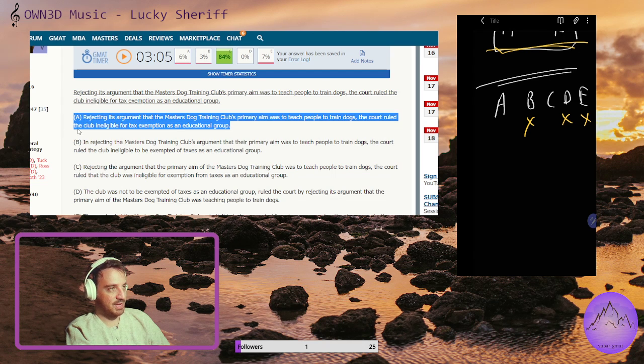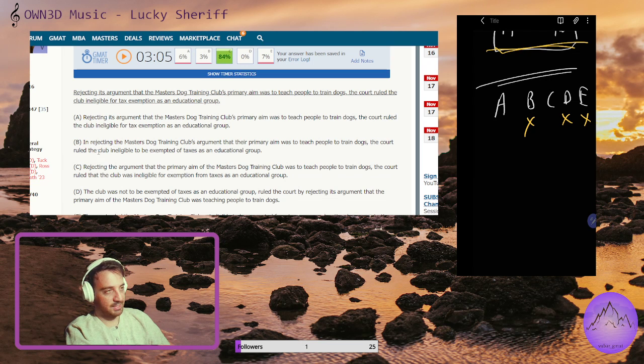And then I ended up umming and ahhing over A and C because those two are very, very similar. So the next thing I did was I ruled out B to make sure that it was just between A and C. And so in rejecting the Masters Dog Training Club's argument that their primary aim was to teach people to train dogs, the court ruled the club ineligible. And so if you do the slash and burn kind of thing that I think Magoosh talk about in their YouTube videos,